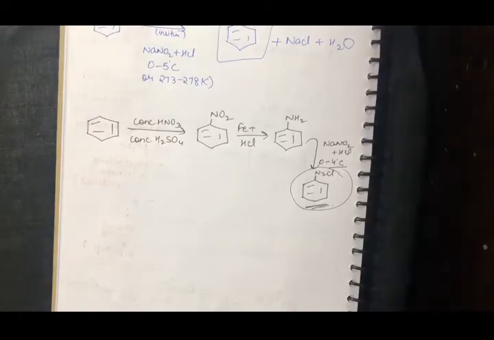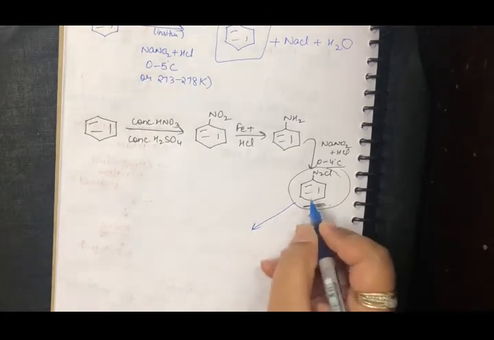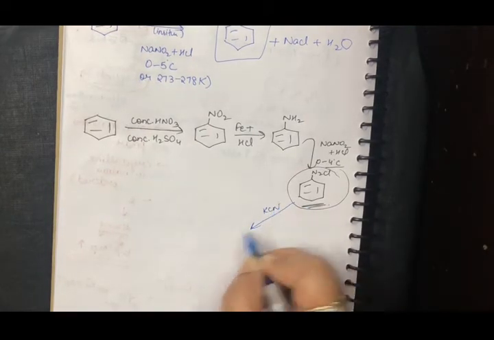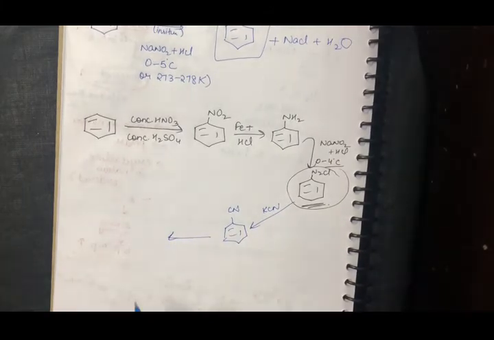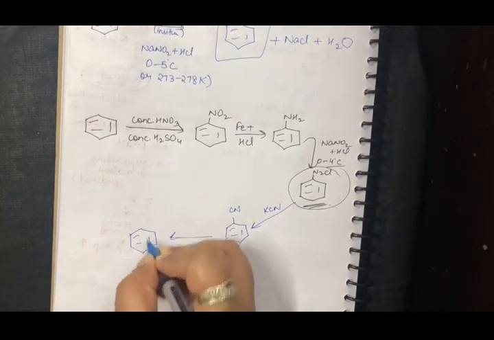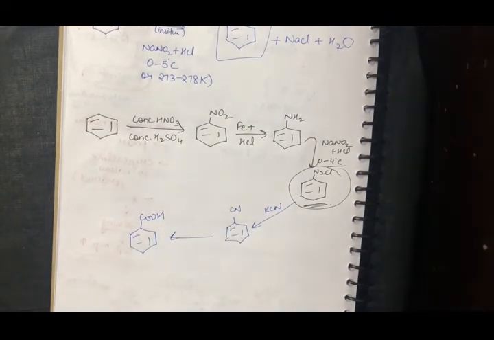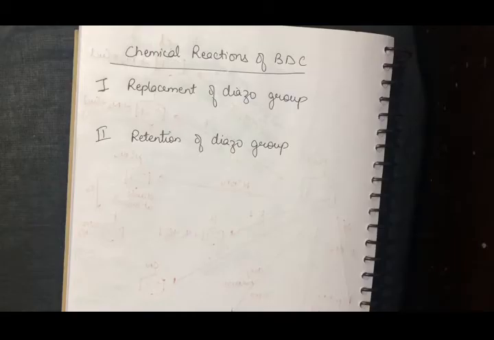So now if the question says convert benzene to benzoic acid, you know that you can convert it into benzene diazonium chloride. Then you can add KCN, you will have a cyanobenzene, and then you do the complete or the partial hydrolysis, and you will have your COOH. So please remember, the flowchart that I have just drawn is going to help you in 100 different ways to solve your questions. So let's summarize the chemical reactions that we have done.